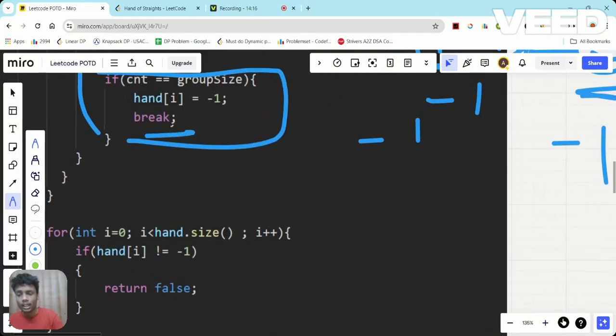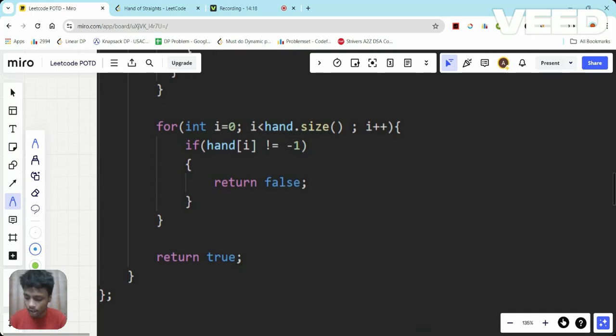Okay, if I was able to make the whole array minus 1, in that case it would be true. If a single element remains greater than or equal to 0, in that case I'm going to return false, else it will be true.